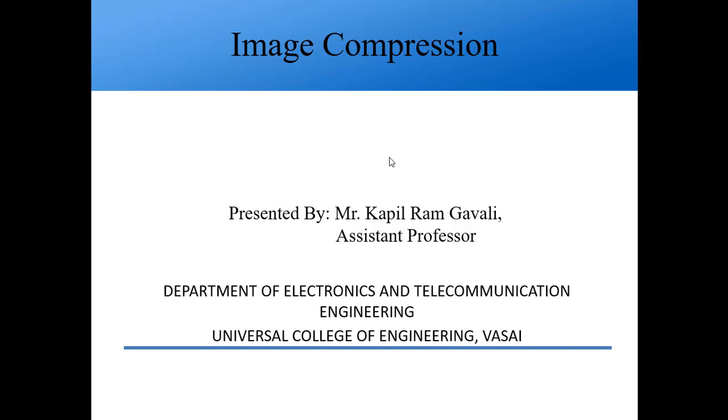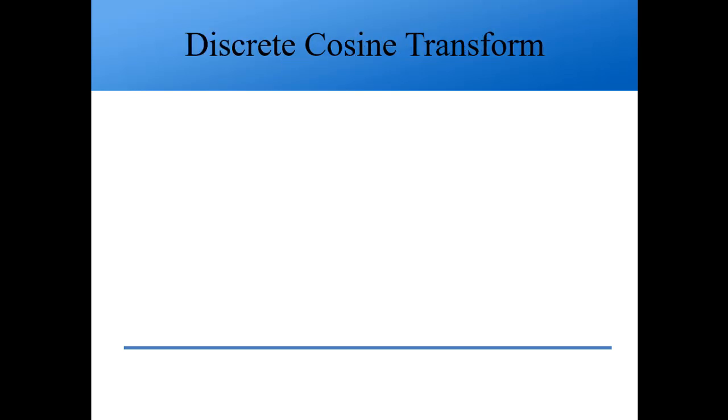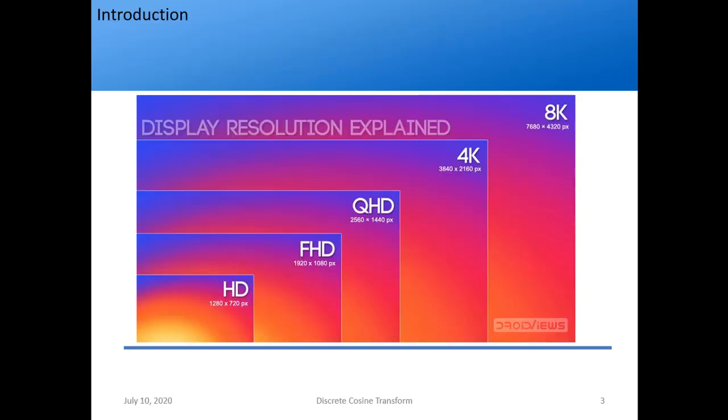So last week we had started with a new module, which was image compression. So let's continue further. The name of the module is image and audio compression. We'll start with the first part, which is image compression. We had already covered in the first part of the module the discrete cosine transform, abbreviated as DCT. Since it's been a while since we covered this, I'll just recapitulate what we have done.